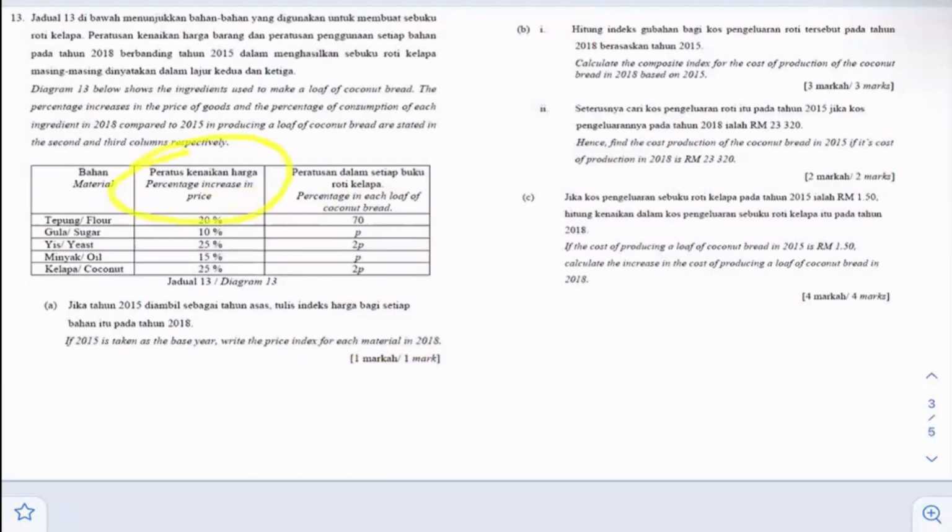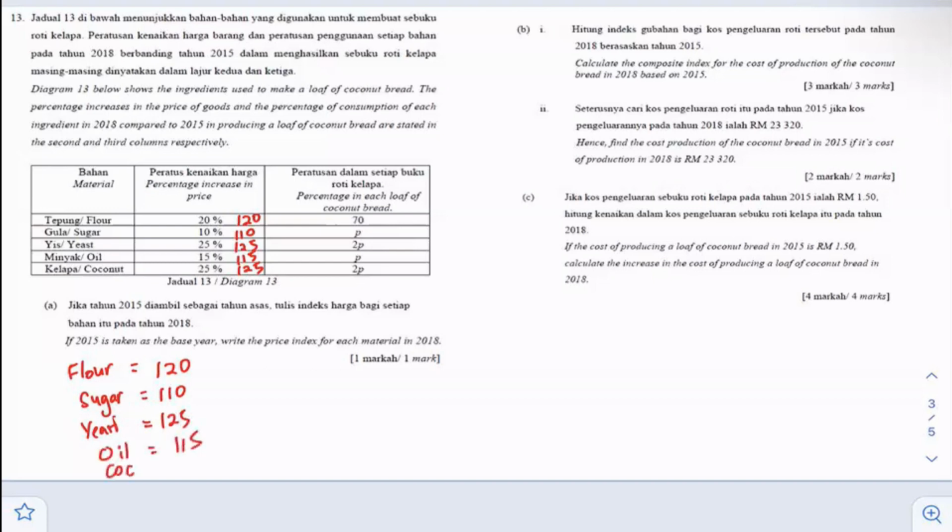As for this table, all the price increases. So we'll say 120, 110, 125, 115, and 125. So flour will be 120, sugar will be 110, yeast 125, oil